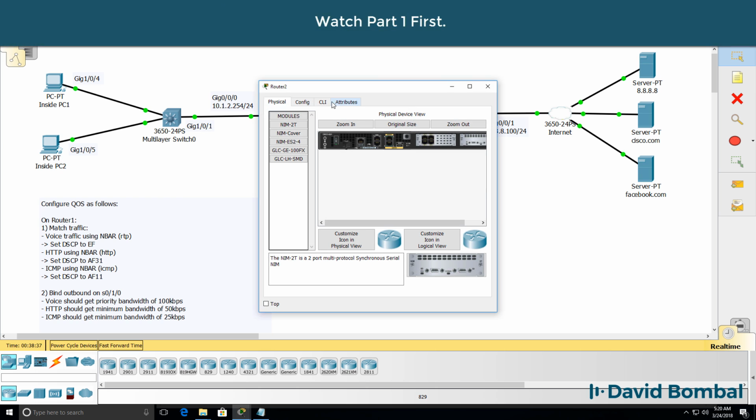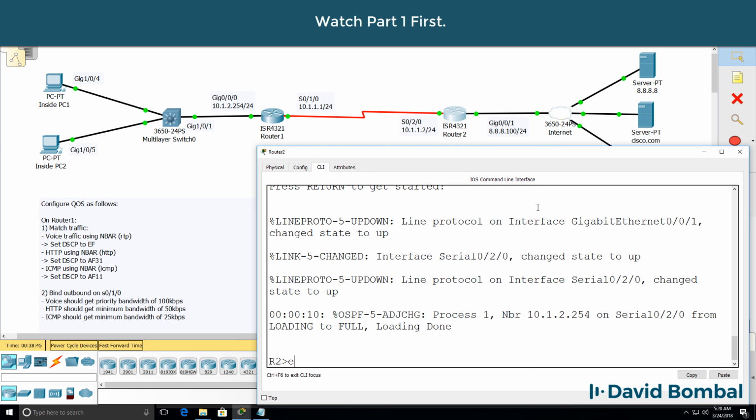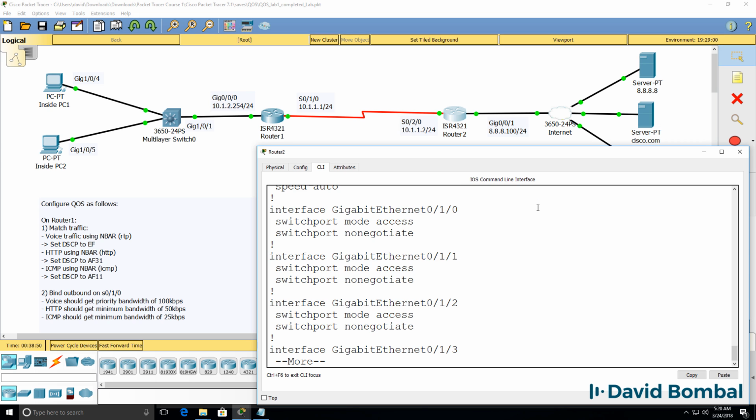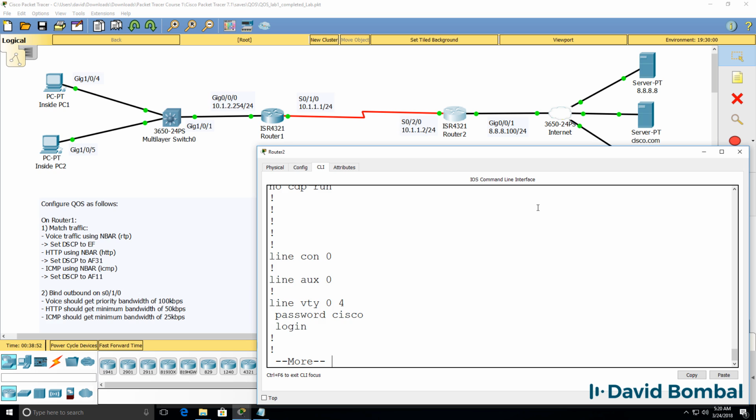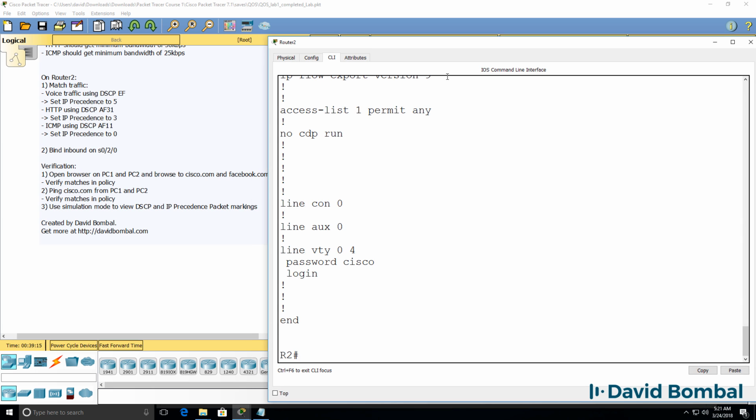So here's router 2. Show run. No quality of service configuration has been configured on this router. The interface that we're working on is serial 0/2/0. So on router 2,